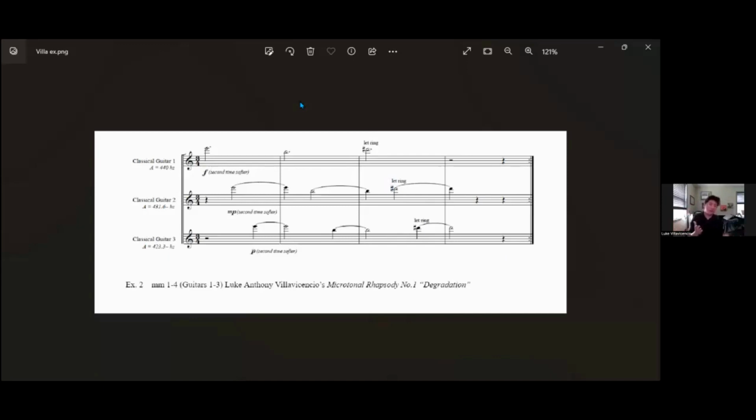So you begin the piece. This is actually one of the main concepts of my Microtonal Rhapsody number 1, where it starts off with these mixing textures,